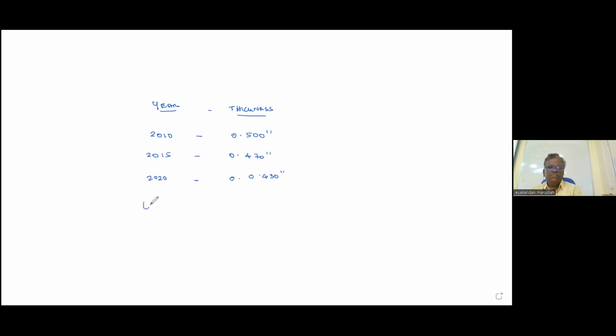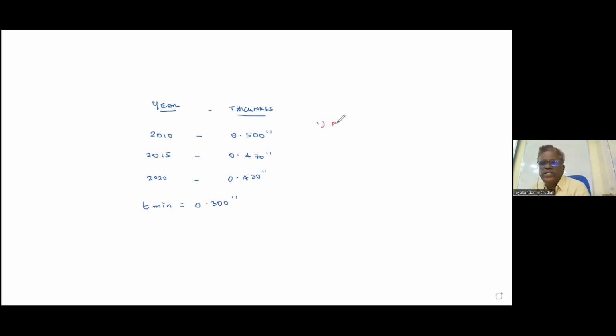T minimum is equal to 0.300 inch. Okay. So if this is the data given to you, you have to calculate when to conduct your first routine in-service